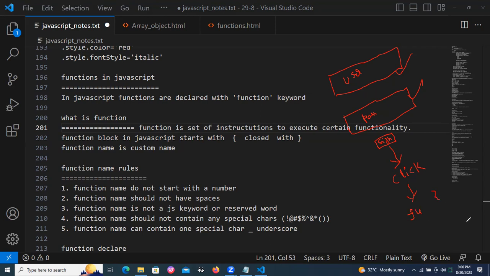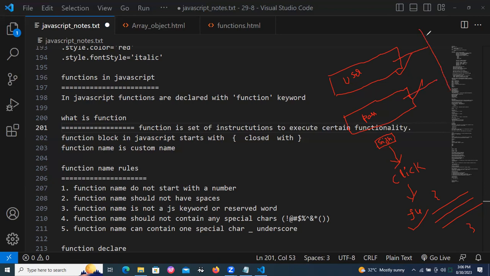That function has some lines of code, some instructions, written in it. When this function is executed, we can check the username validation and the password validation. If both are okay, then automatically the user can log in with the